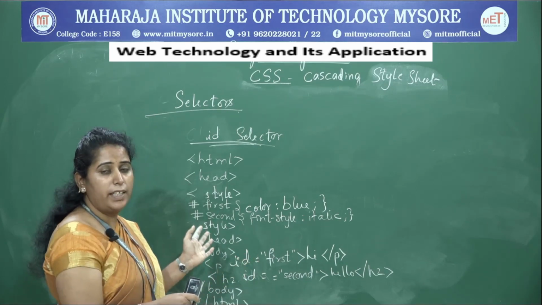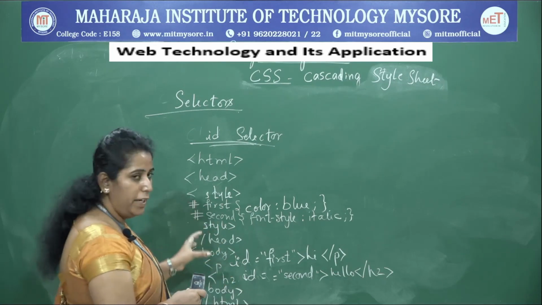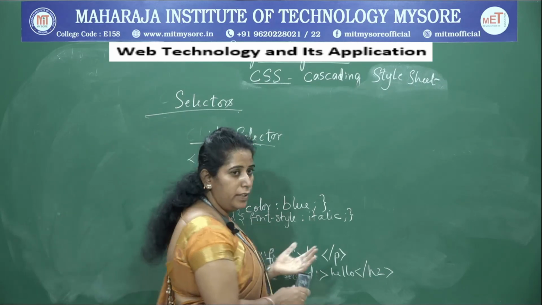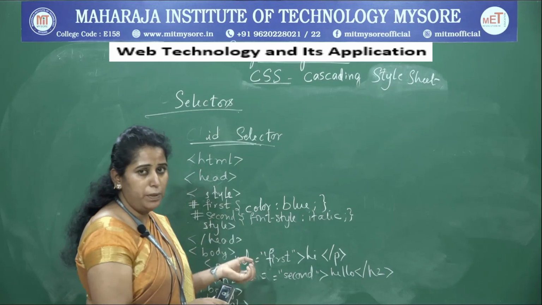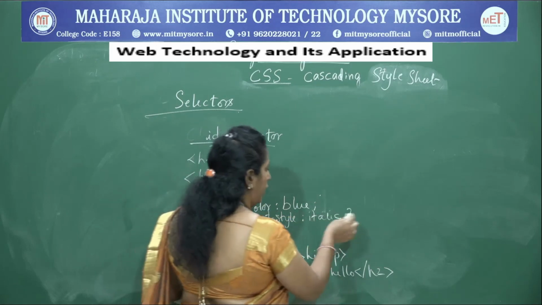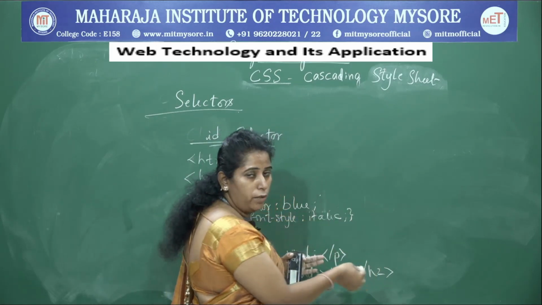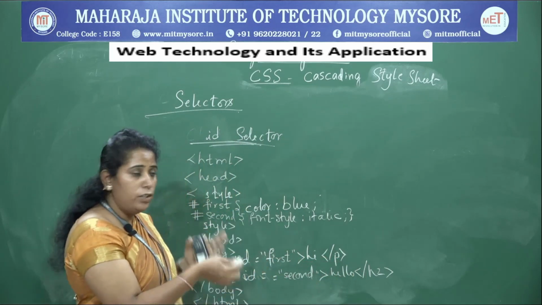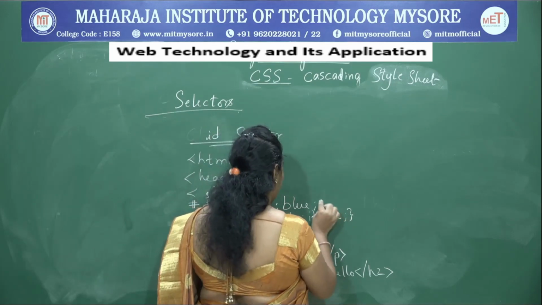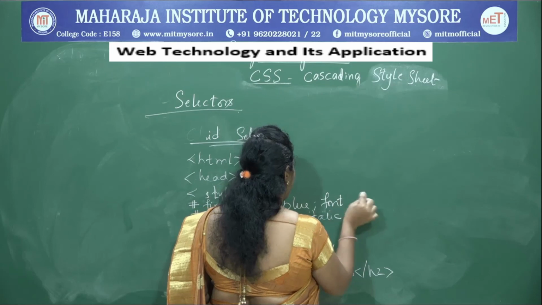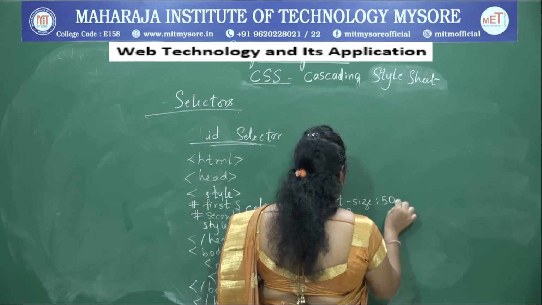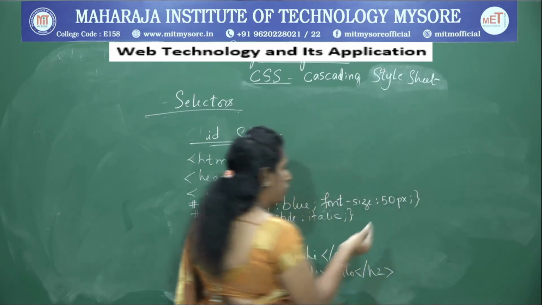ID is an attribute used to select an HTML element or to format an HTML element where we can set the style rules. And you may think that I am always using simple properties only, or only one style rule. No, nothing like that. You can change the font size, you can change the font family, and so on. You can work with that. You can take something like font-size 50px, like this also you can work.